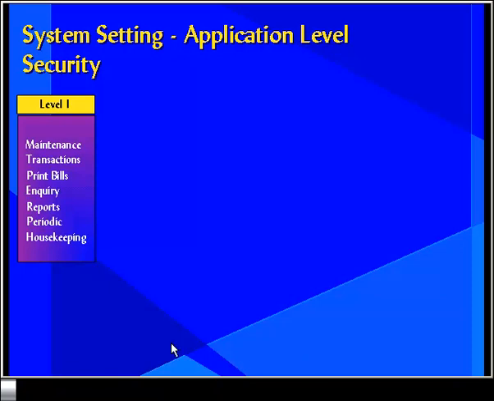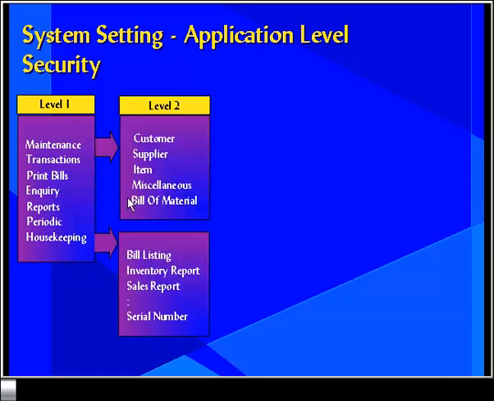Level 1 shows the topmost function that's available within the stock control. And within each of these functions, there's another further breakdown list of functions that are available under level 2. For example, maintenance in level 1 is then further broken down into customer, supplier, item, miscellaneous, bill of material. And housekeeping on level 1 at level 2 has the additional function of bill listing, inventory report, sales report, and